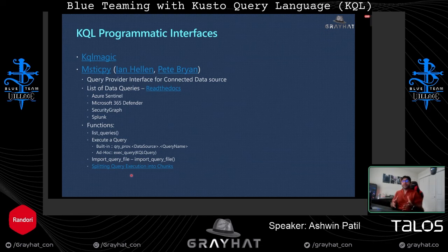Now, the idea here is basically you will have multiple data sources such as these in the list. And then once you connect to these data sources, you will typically run the queries for that. So here you can see that these are the functions that will call into it. Very recently, Ian also wrote capabilities so that you can split giant queries into chunks. So you can check it. So let me just switch to